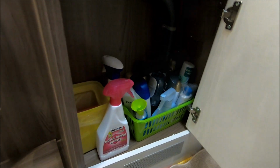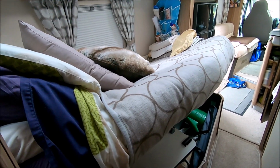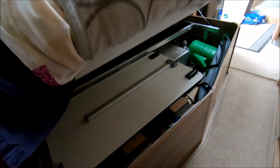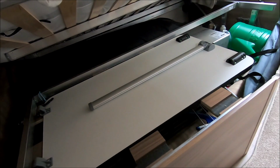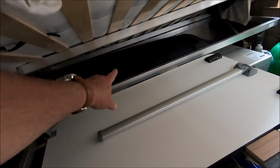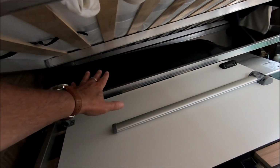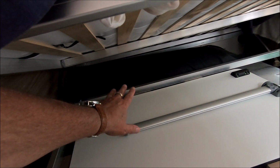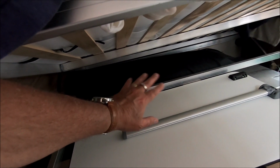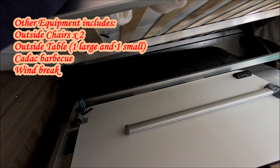fluids. I've got the double bed lifted up at the moment, as you can see here, and underneath we've got the table storage here, which is the folding table for the dining area, and just the other side of that is the silver screen bag, and that lays along the top on top of some other equipment in there. We've got levelling wedges and some other outdoor equipment that side, because there's access from the outside on that side